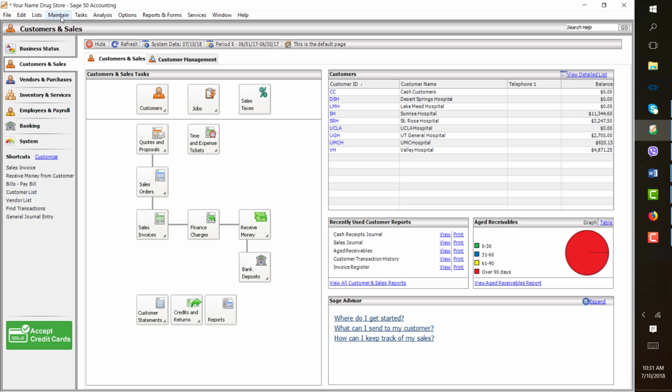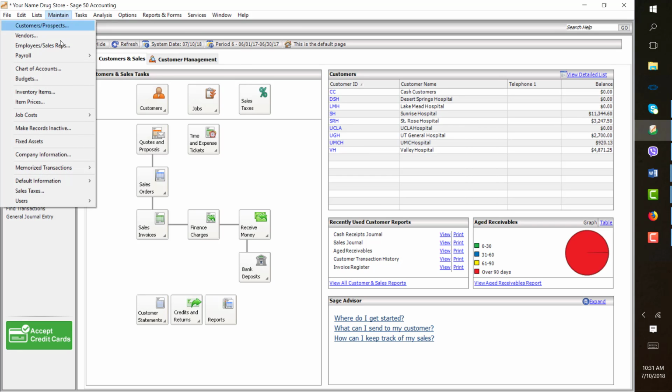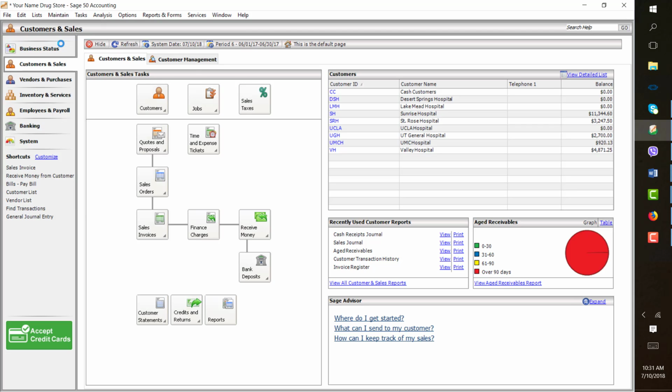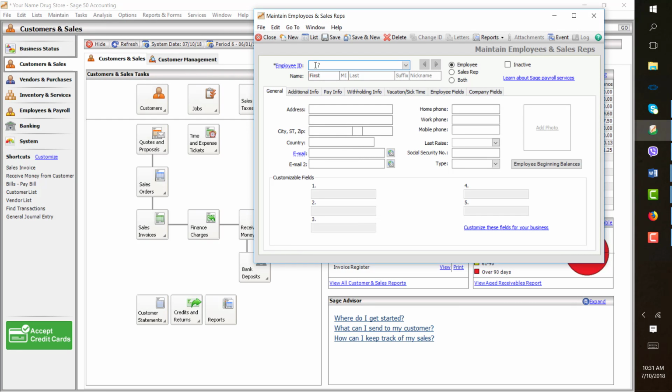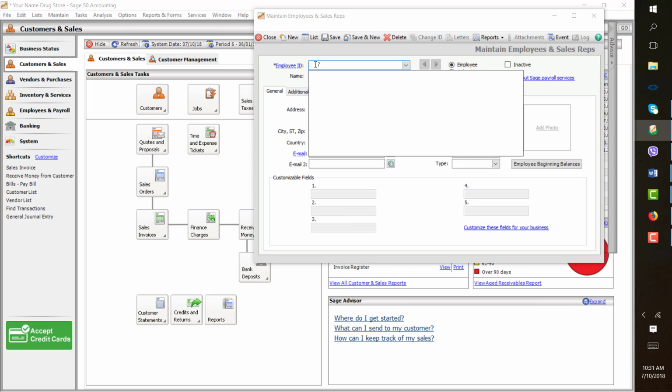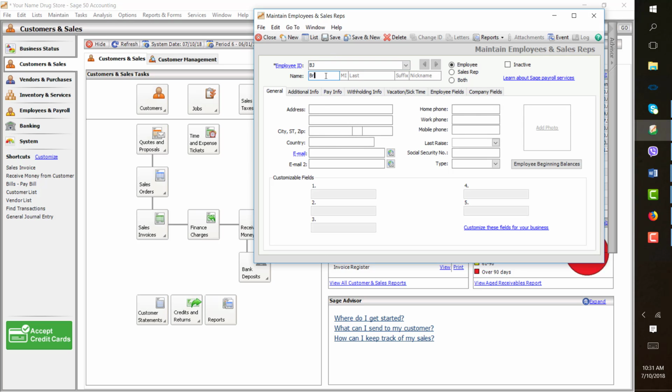Now you will set up the employee's payroll record and information. I will illustrate the first employee. On Maintain, click Employee Sales Rep. On Employee ID, use the employee's initial. So the first one is BJ. On Name, type in Brian Joseph. On the address, type in 39 Valemount Drive, Las Vegas, Nevada, and the zip is